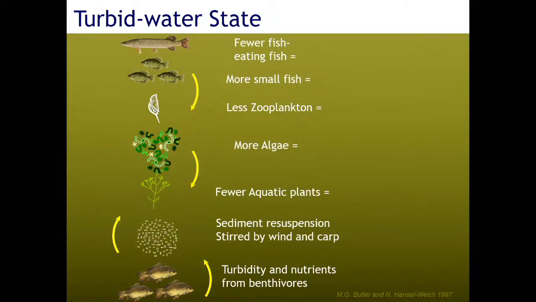Carp are just stirring up nutrients. Because of this, we get fewer aquatic plants, and with fewer aquatic plants, we get less of other things, and with more algae we also get fewer plants. So it's working against you both ways when we have this set, and this is why it's so hard to push these lakes back towards the clear water states, because you're fighting the system.